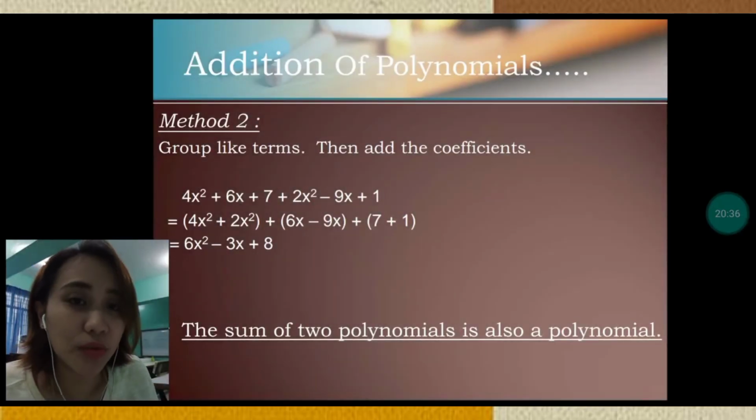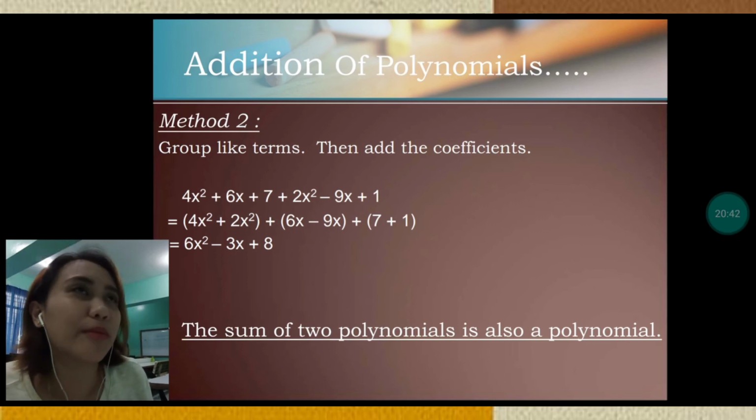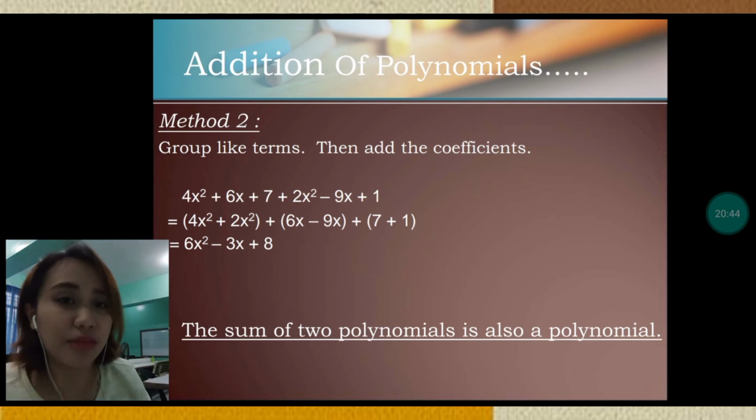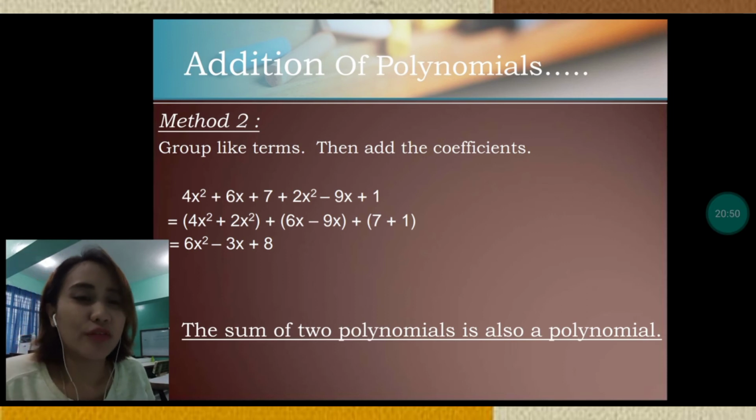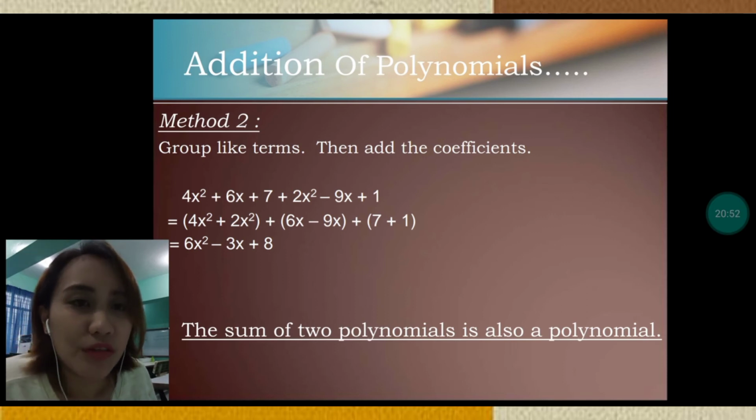Method number 2 is the more common method that we use. Method 1 is the vertical method. Method 2 is the horizontal method. So you group like terms, then add the coefficients. Given 4x squared plus 6x plus 7 plus 2x squared minus 9x plus 1,